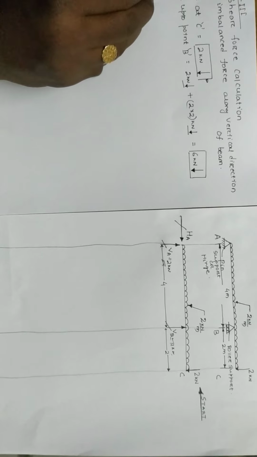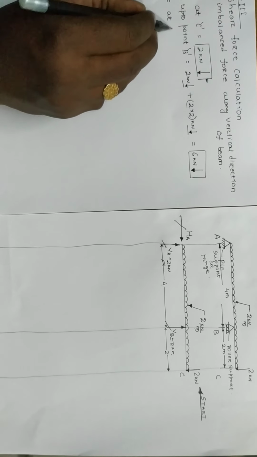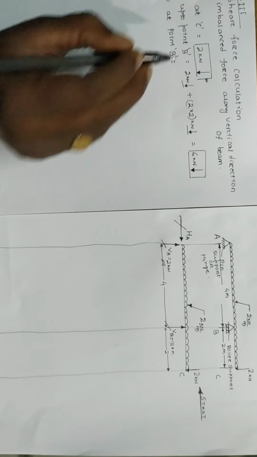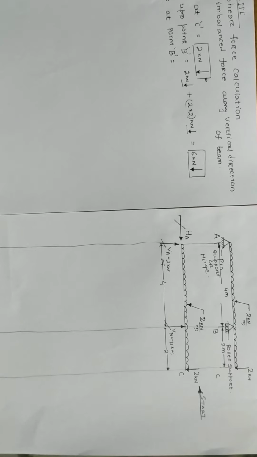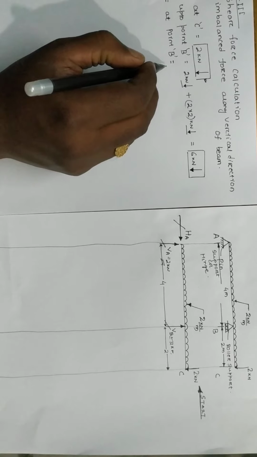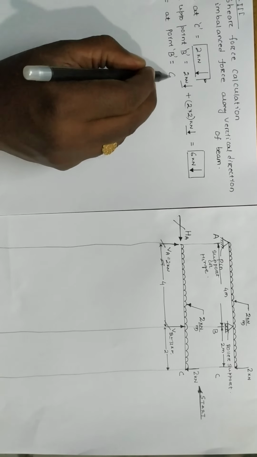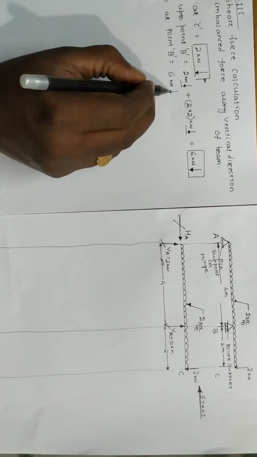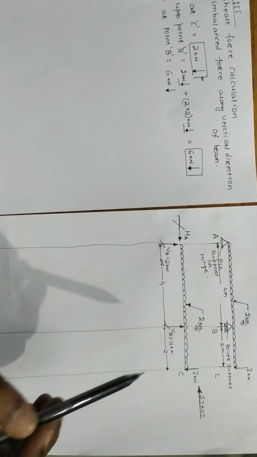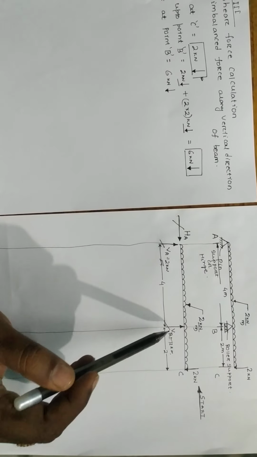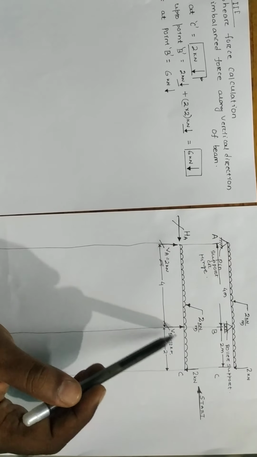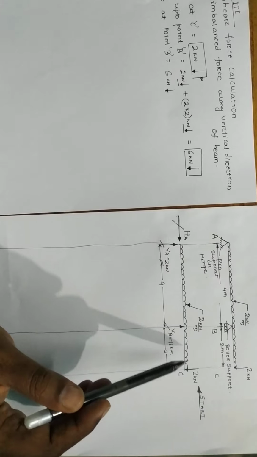Then I can write shear force at point B. Shear force at point B means now point B is opened. So up to point B, what is the net imbalanced force? I am repeatedly saying net imbalanced force so that you can understand. That will be 6 kilonewton and downward in nature. And at point B there is a vertical reactive force, and it is upward in nature, so both vertical forces oppose each other. Yes, this will be natural.